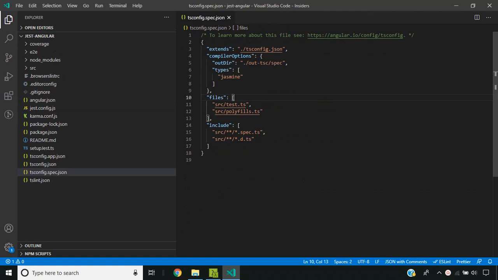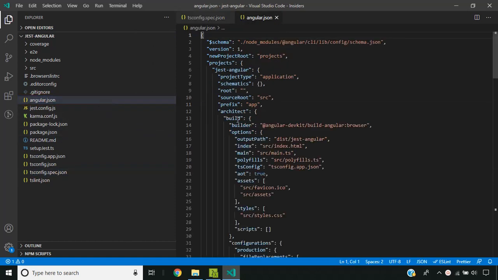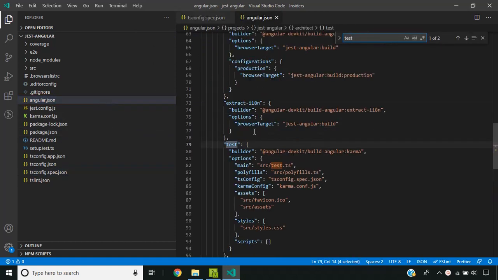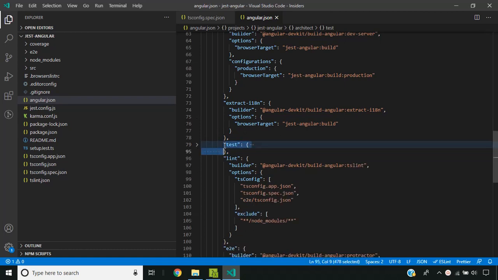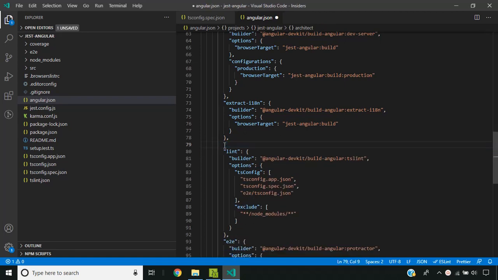Now we need to make some changes in the tsconfig spec file. Here we need to change the typings to jest, and also remove the test.ts reference. Going to the Angular JSON file, we can remove this test option since this is pointing to the Karma test runner.